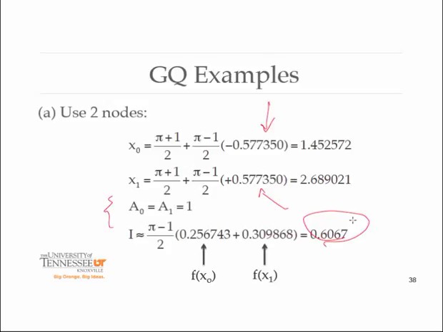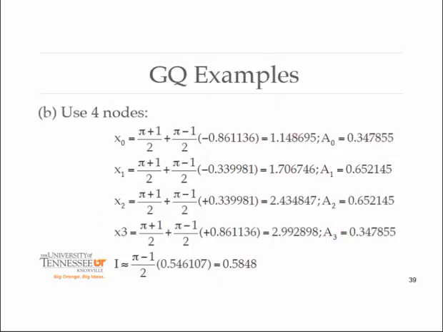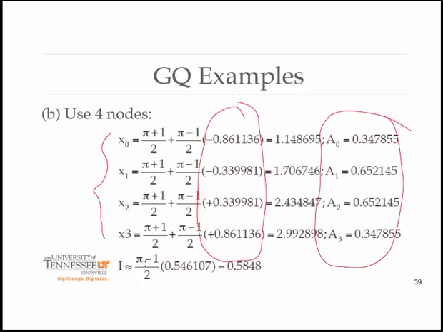Very straightforward. Now, to go to a 4-node rule, again, you'd have to go in and pull out, these are all the nodes for Gauss-Legendre, then you have to plug them in the transformation, pi minus 1 divided by 2, you get this approximation, which you see is far different than the 2-node rule. And so that's